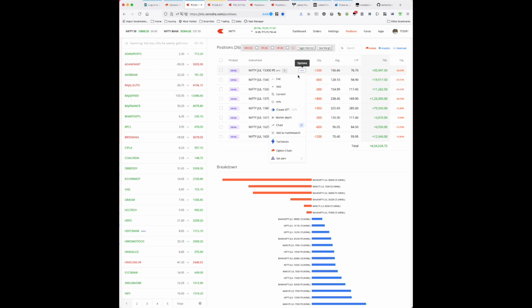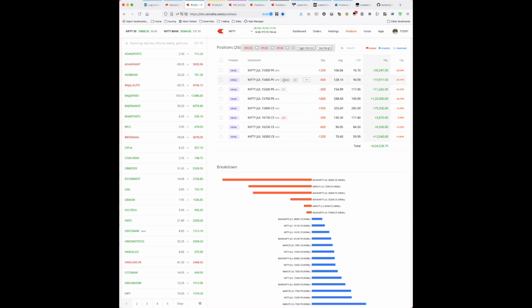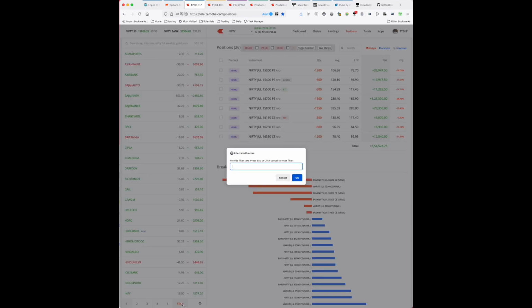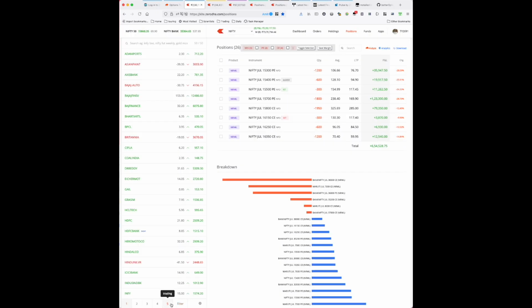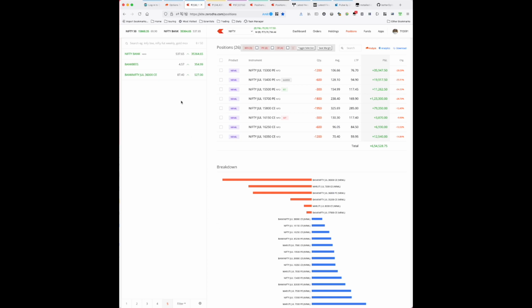Yeah. So other thing, when you're selling or taking a new trade, below margin required, you can quickly see what's the premium you're receiving and what's going to be the ROI for this particular position, if you decide to take this trade. So yeah, that's about it on the position side. Of course, there's also a filter in the watch list. So if you want, you can filter specific, say for example, I only want to see Bank Nifty or bank related. You can quickly filter your watch list and see only